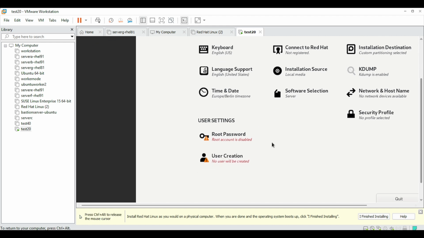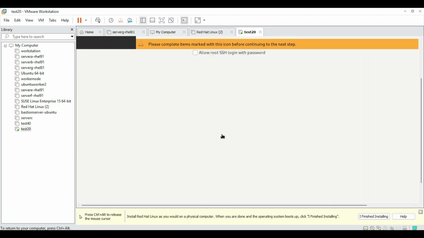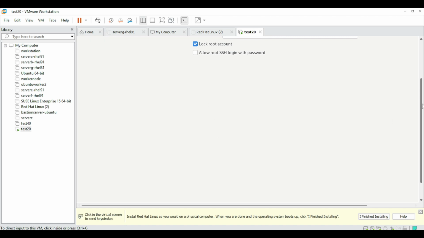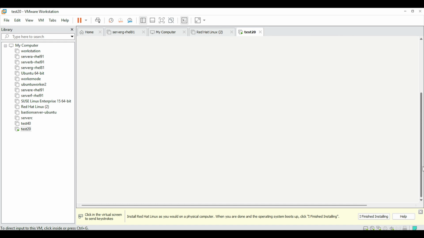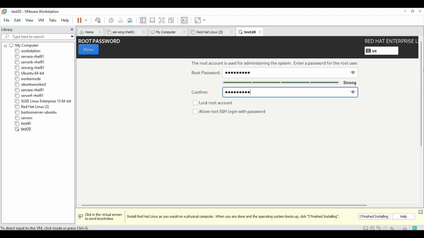And now the root password. Yes, root password, you only need to give a password here. Give a simple one as root. In the security region you can change as per your guideline, but not at the time of installation.